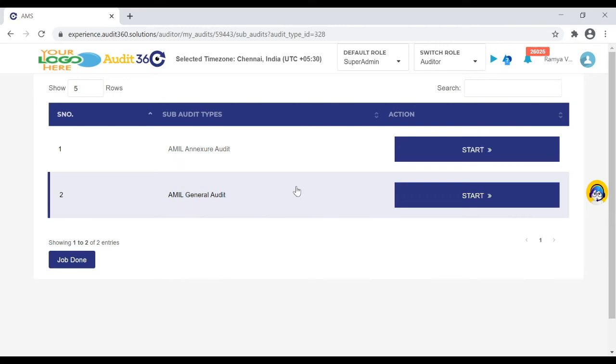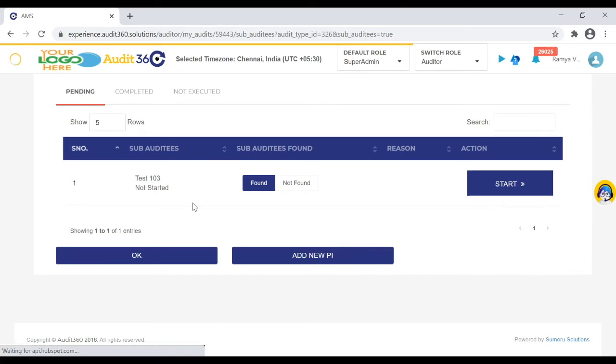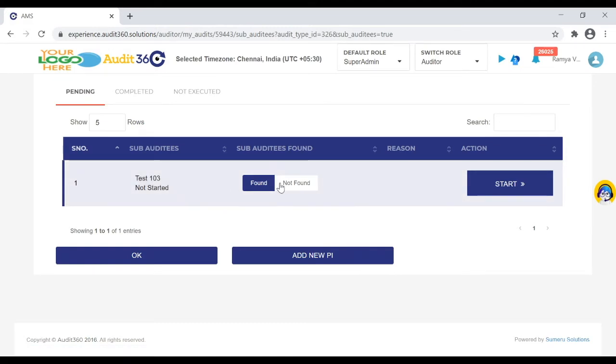But if the same checkpoint responses come from a different auditor once it has already been updated, they will not be considered. But in case of annexures where you have samples to be verified, there are high chances that when we have multiple samples, we would have executed some 2 or 3 samples or primary identifiers, but the rest we would have marked as not executed PI. In those scenarios, because those are not executed, there are high chances that the other auditor would be executing them. So even though the first auditor has passed the information to the server as not executed, if the other auditor executes the same sample or primary identifier, that information would be considered in the system. So these are the 2 validations which we have brought in for the parallel execution.